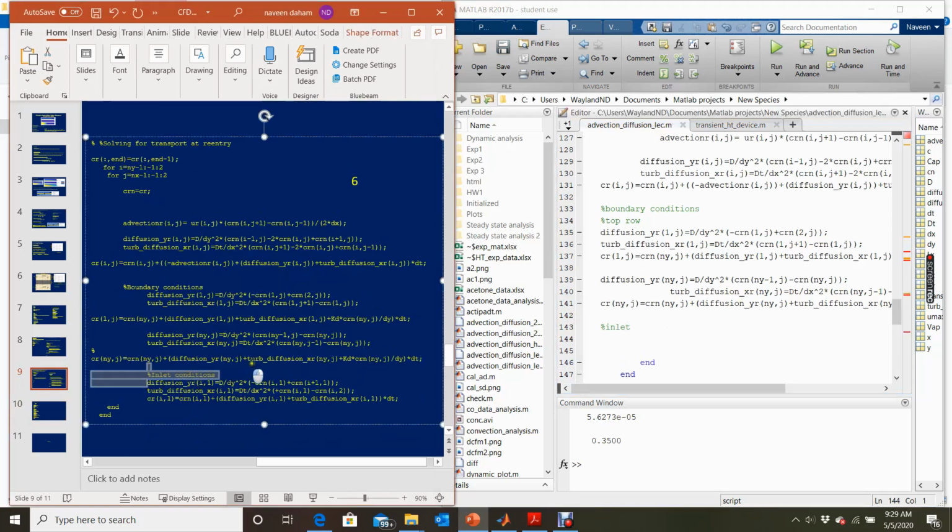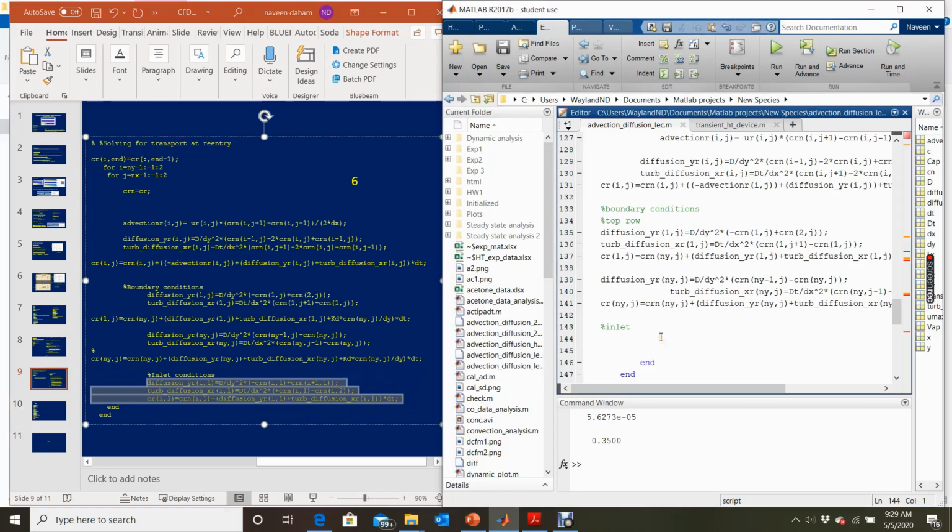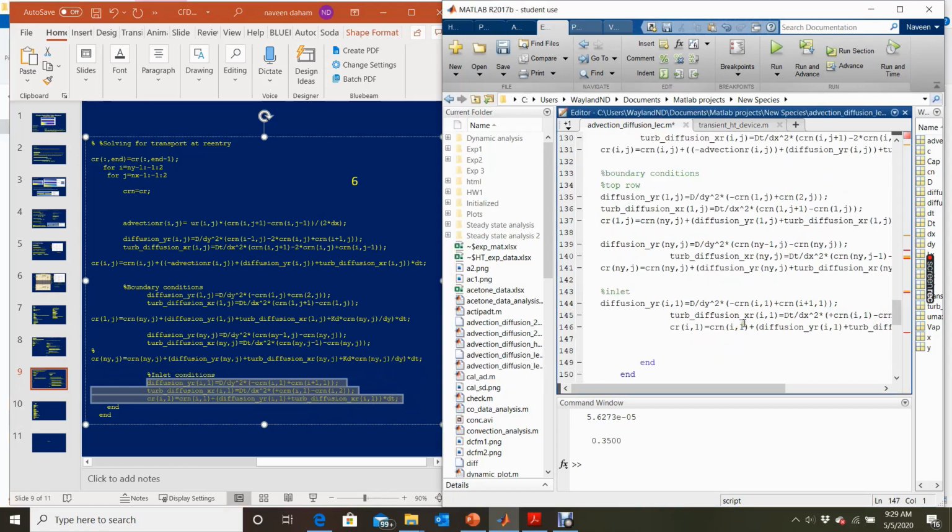Okay, so I'm going to copy and paste. Please focus on that. Because in the diffusion terms we don't have some of the concentration values, like the I+1 values, because it's the last column on the right side. So we're going to reduce the diffusion equation, the concentration gradients, if you are focusing on